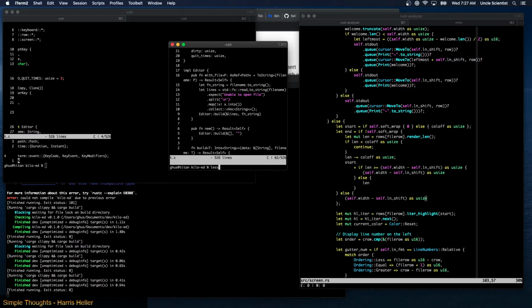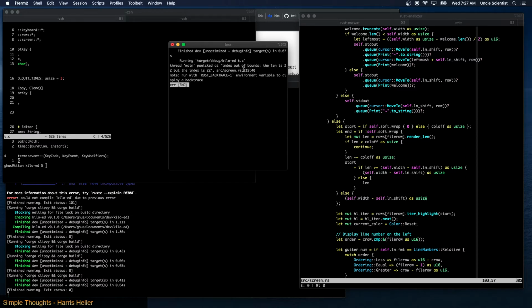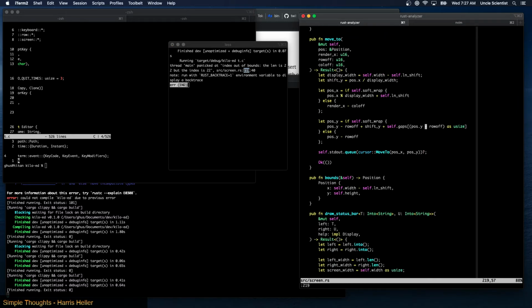So there's a bug here, line 219. Row offset must have been greater than position of Y. Index out of bounds. The len is 22, but the index is 22. Oh, right, because we're off the screen. Duh. Okay, so we have to make sure that in our scroll code,